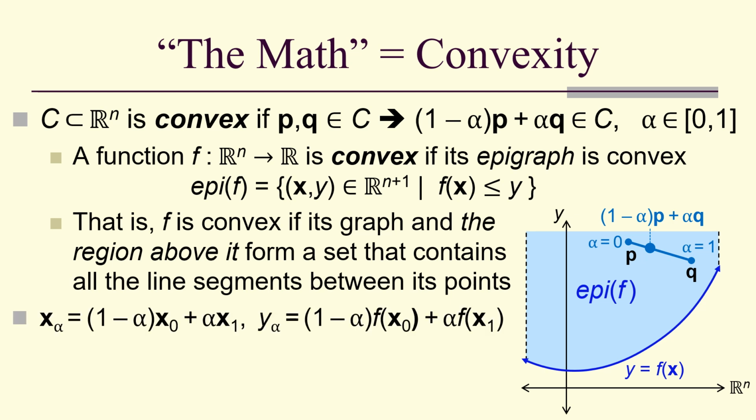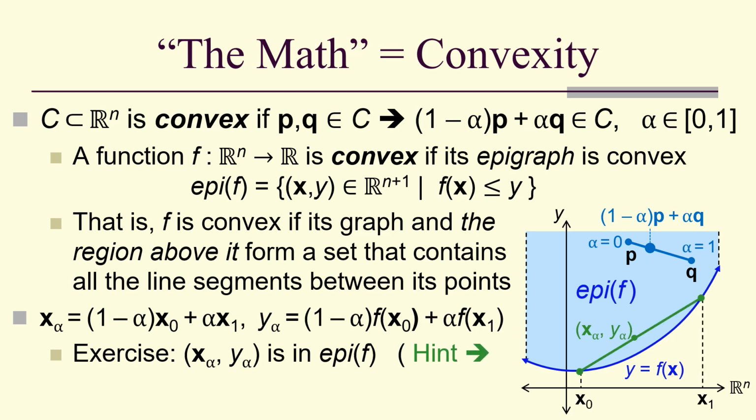So if I let x alpha be (1 minus alpha) x naught plus alpha x1 for x naught and x1 in C, and y alpha be (1 minus alpha) f of x naught plus alpha f of x1, then it's a nice little exercise to show that the point (x alpha, y alpha) is in the epigraph. Here's a hint on how to do so. And since f of x alpha is less than or equal to y alpha, if f is convex,